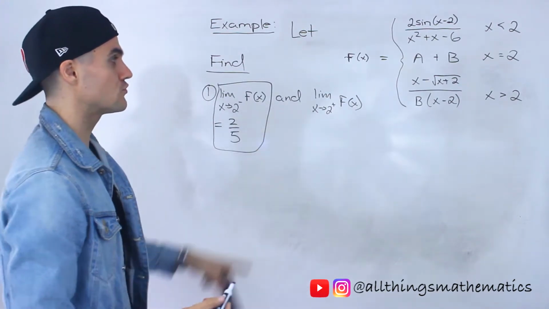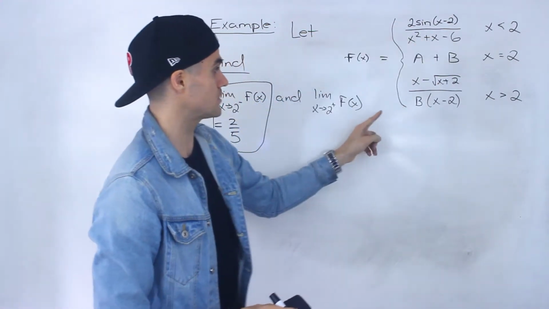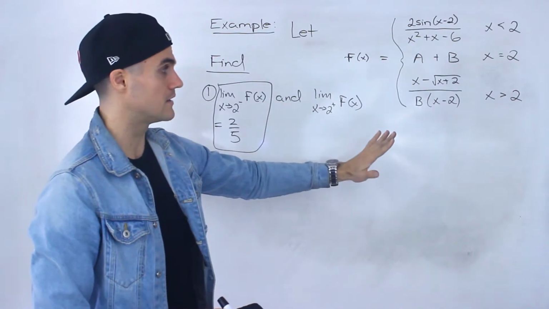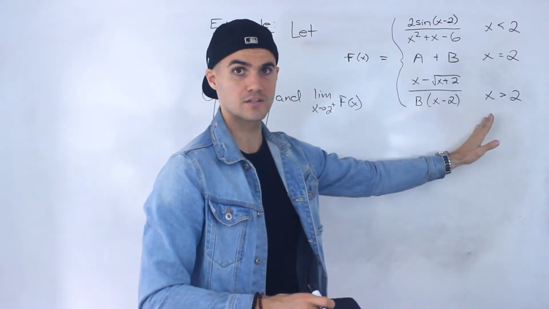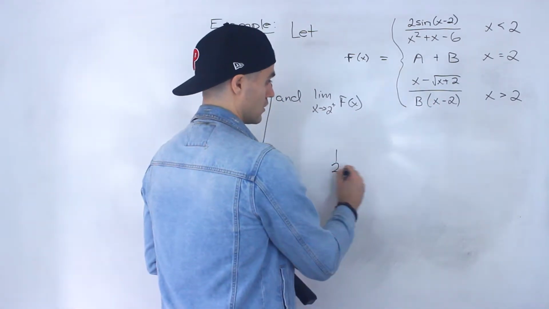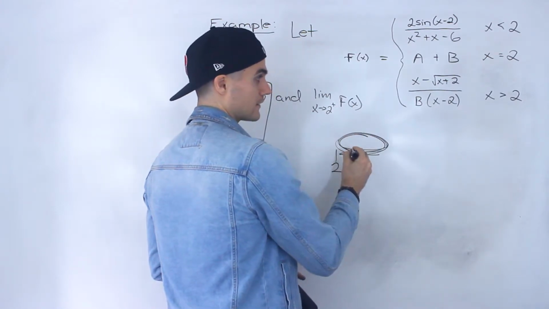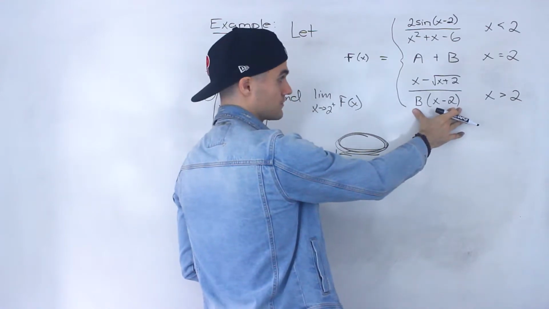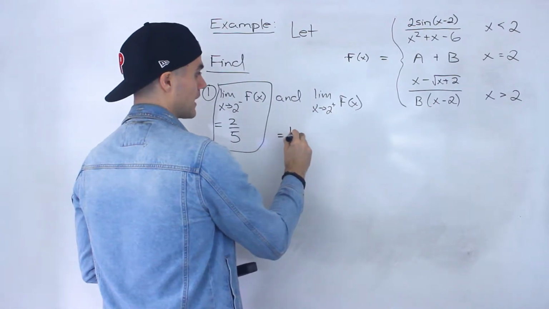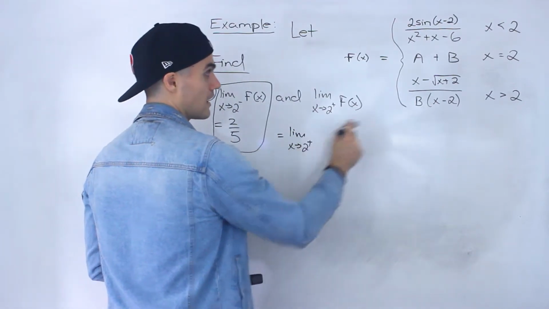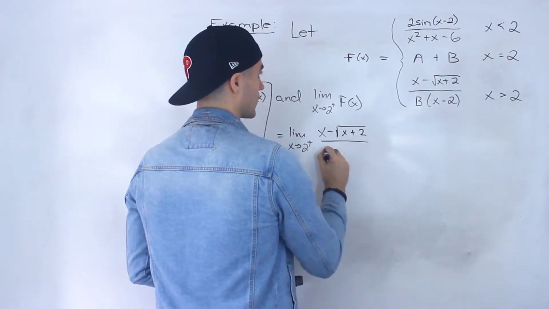The limit as x approaches 2 from the positive side of this whole function. Remember, f of x is this whole piecewise function. Now, if we're approaching 2 from the positive side, notice that the function is defined by this piece when x is greater than 2. So all of these y values are going to be defined by this function. And so we can take this and rewrite it, the limit as x approaches 2 from the positive side of this whole function, x minus the square root of x plus 2